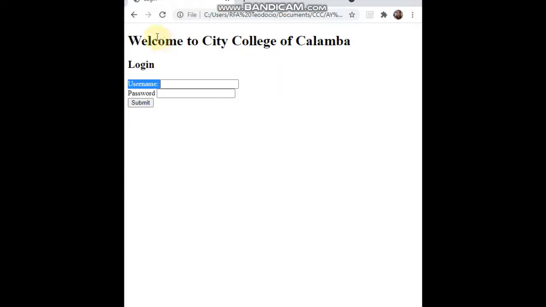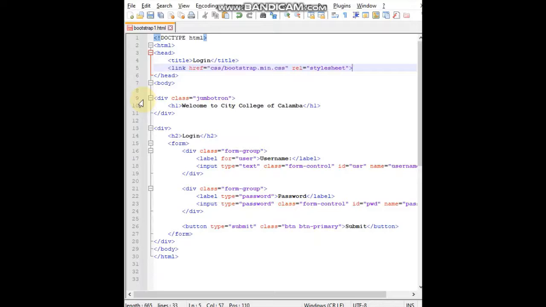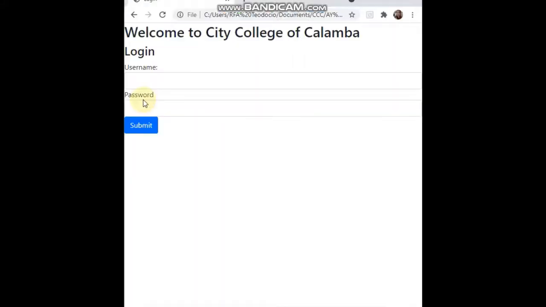Ito yun. So, plain text, yung text box, and yung password, and yung label, ganito lang yung tsura, and the submit button. But when we use the built-in Bootstrap code found on the Bootstrap file, naging ganito na yung itsura ng ating web page. So, as you can see, mas maganda siya in terms of appearance. So, kaya nga sabi dito, when you use a Bootstrap, it will enhance your web design. So, there. The next thing that we're going to discuss